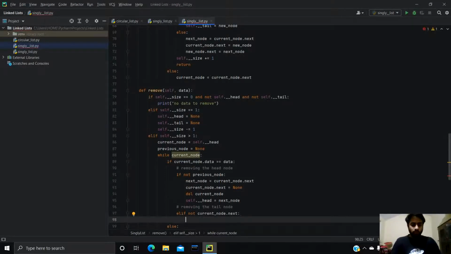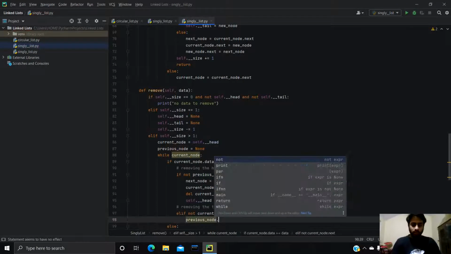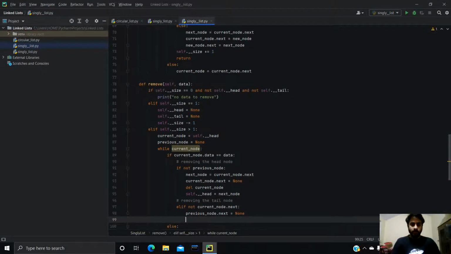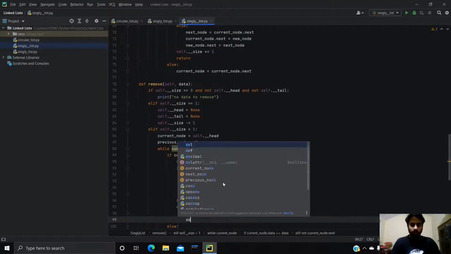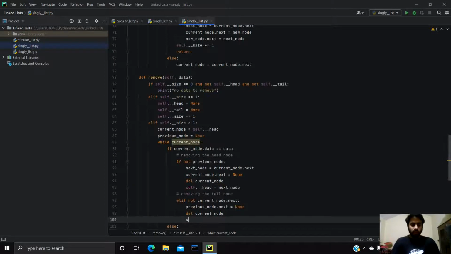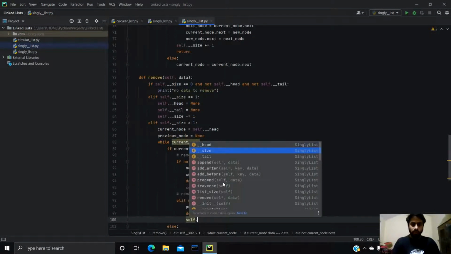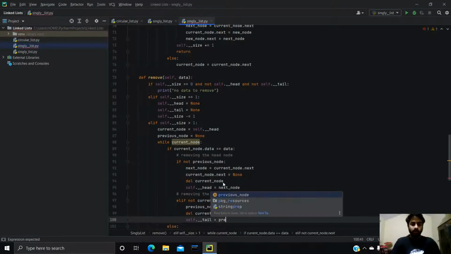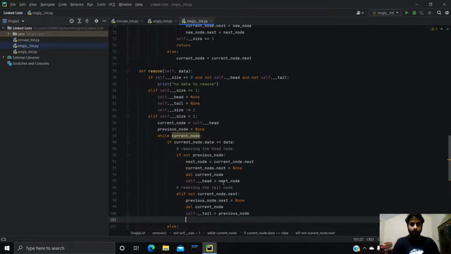So previous node dot next will now point towards none. We are deleting our current node, and self dot tail will now point towards our previous node. Else,